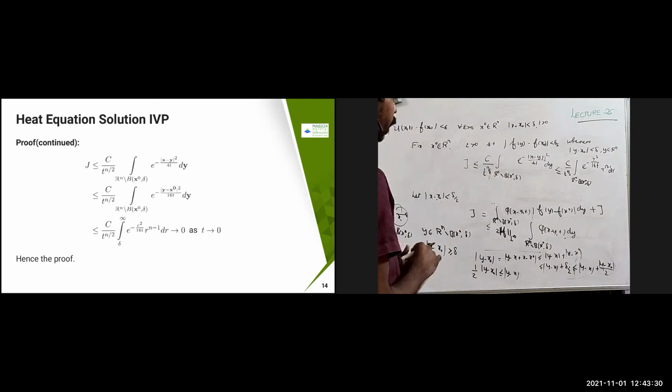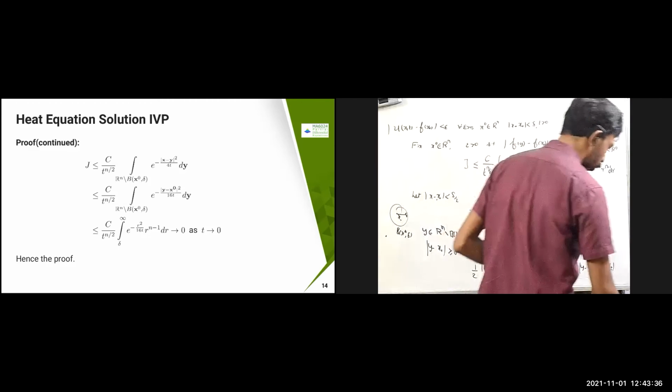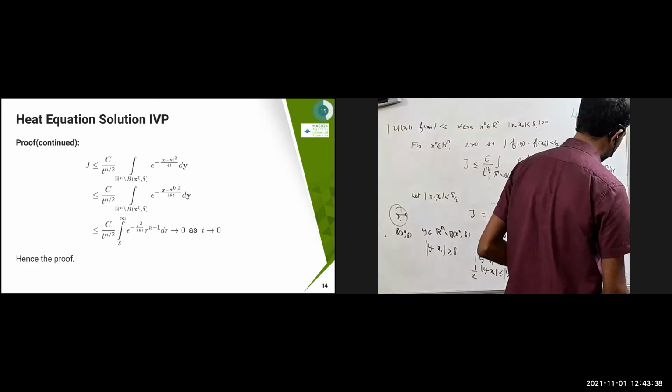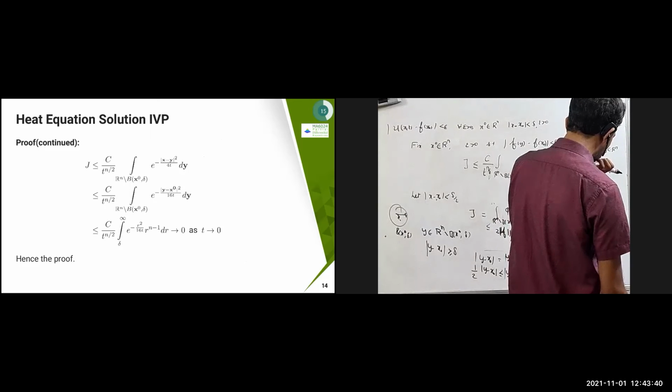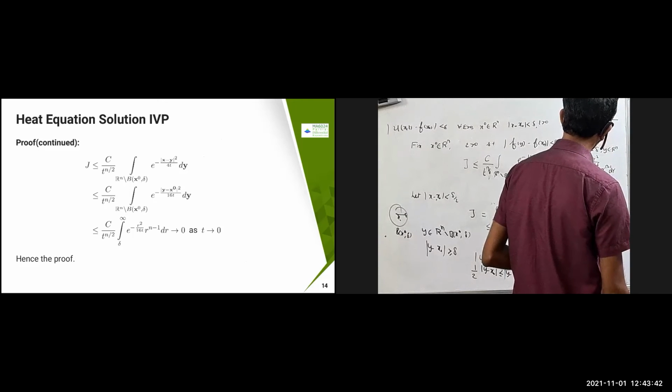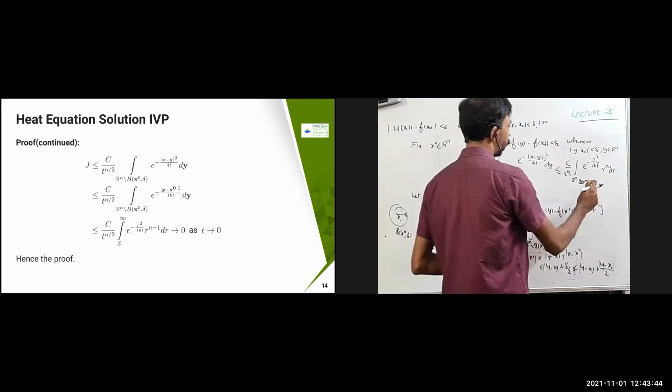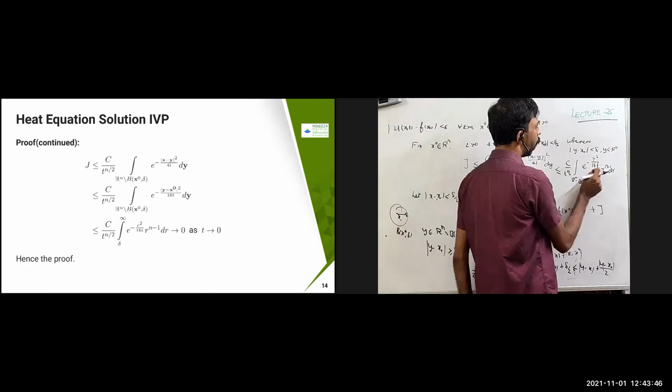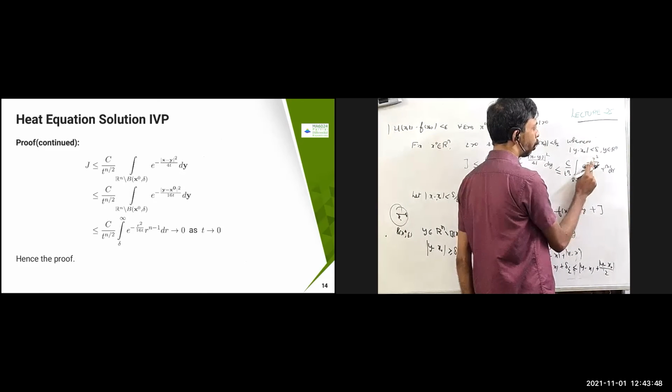Now there is an r term always involved over here as t tends to infinity. Okay, but sorry, it should be t tends to 0, not infinity. I think J tends to 0 as t tends to 0. Yeah, correct. Sorry, t tends to 0. What is going to come? This is going to be infinity. So e to the power minus r square by 16t is going to be there, and this is going to be infinity.